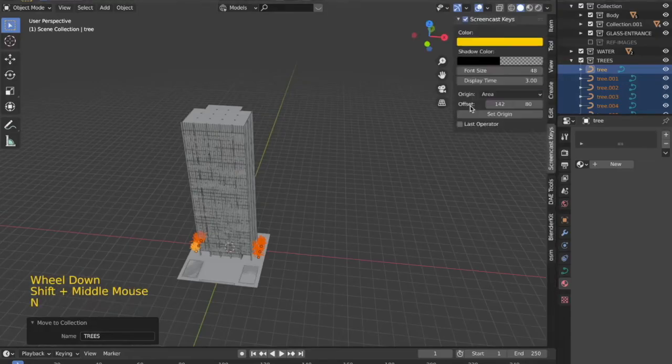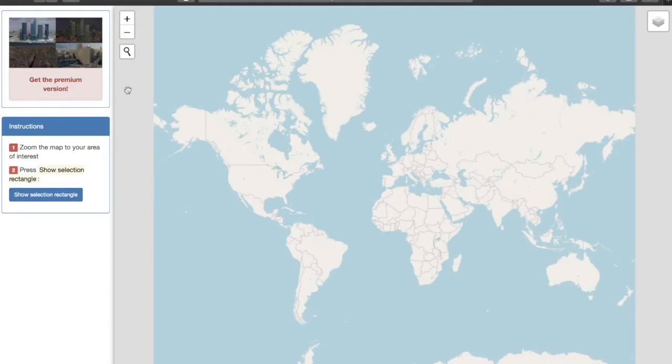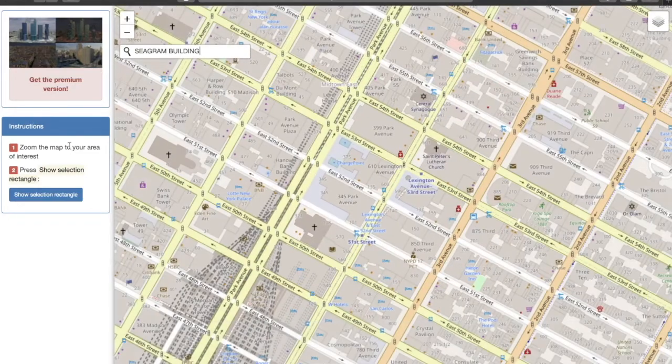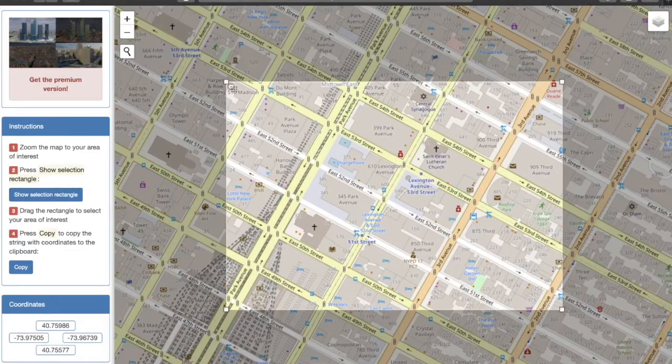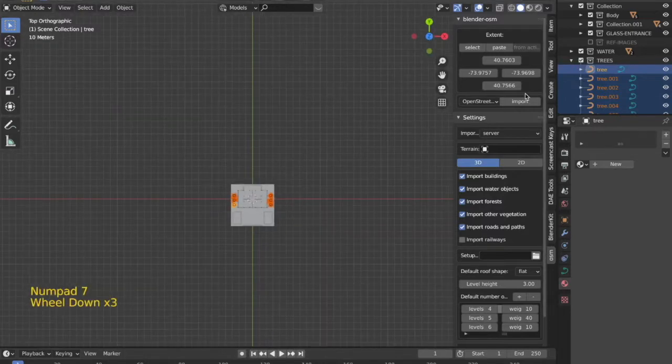Now we are going to give a context to the building that we have modeled. Because the building exists in real life, we are going to give it a realistic context using the Blender OpenStreetMap add-on. The add-on allows us to import buildings, terrains, trees, light, roads, etc. which are in the selected area of the map. This is very useful in situations like these where the building exists in real life. In other cases, you can also model the context if you want to. The add-on can be enabled from the add-on menu again, but the procedure is a bit different to actually activate it, and I suggest you watch another video regarding that.